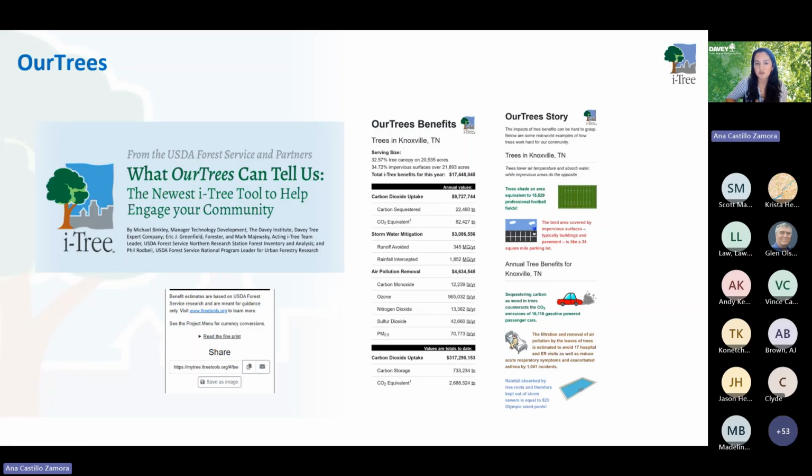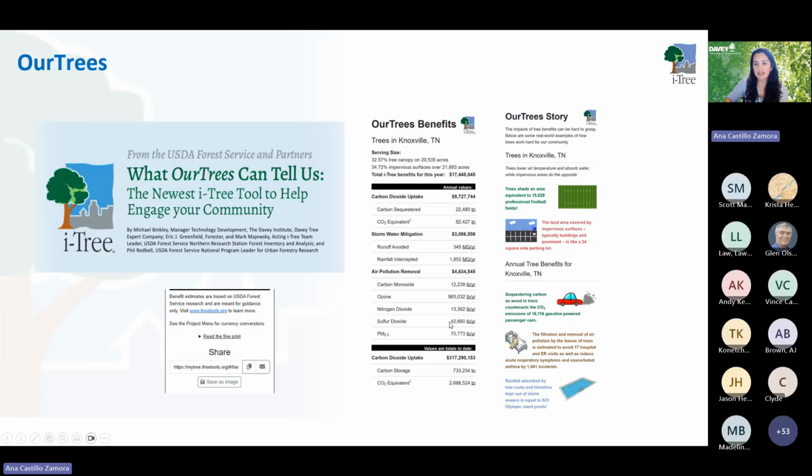This is a tool that's only for the US, but it'll summarize really nicely what the canopy cover is providing in terms of benefits for the community. So for my city in Knoxville, Tennessee, it's telling me that the trees in my community provide over $17 million. So it gives you these really nice facts that you can use if you're doing a presentation, or you have a meeting or something coming up, that can help you convey those things in a nice compact way,